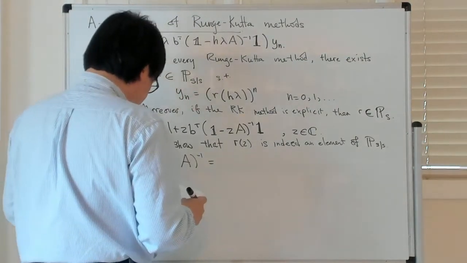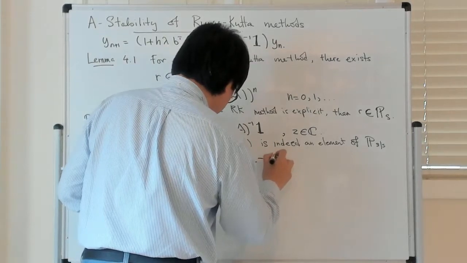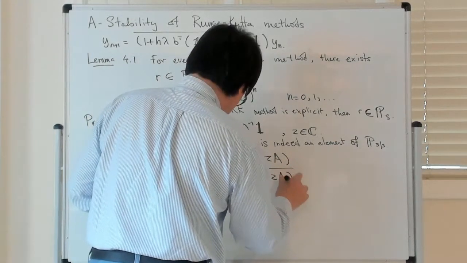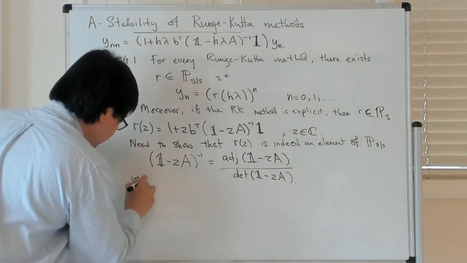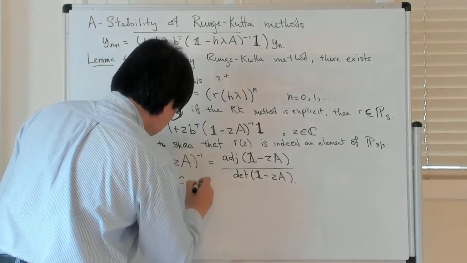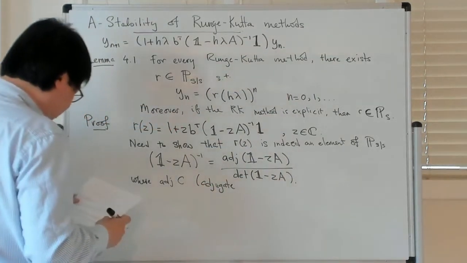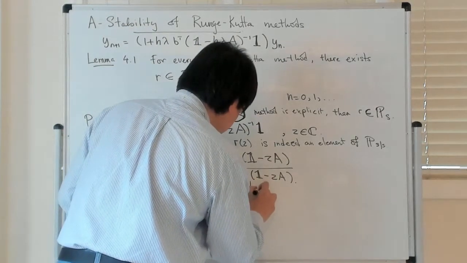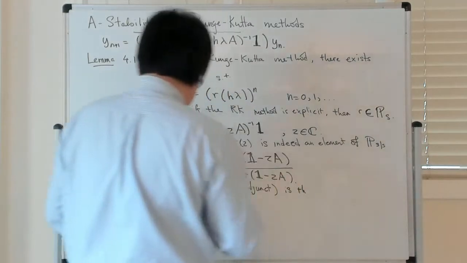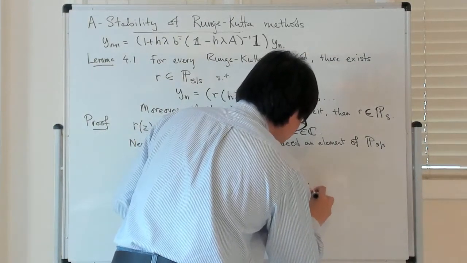This is the adjugate of the identity minus zA divided by the determinant of the identity minus zA, where the adjugate of a matrix C, sometimes referred to as the adjunct, has ij components